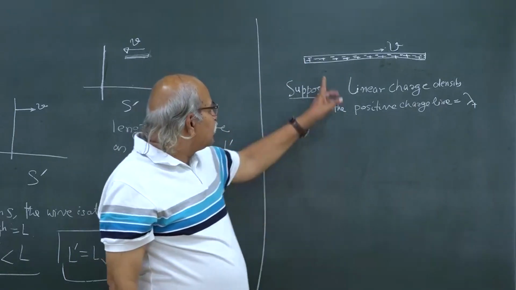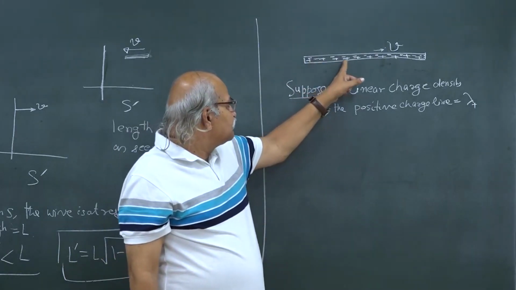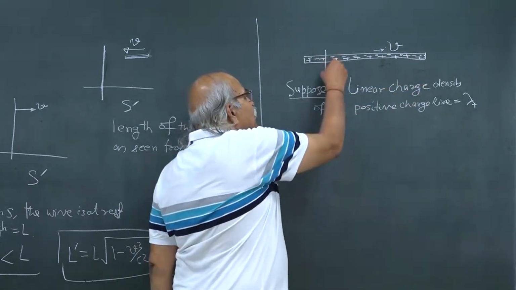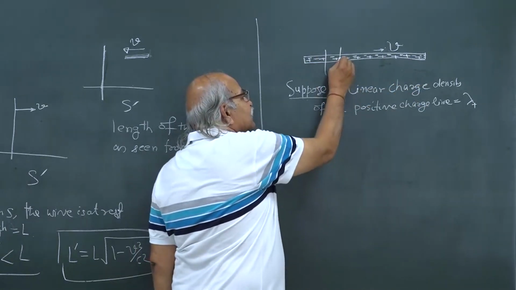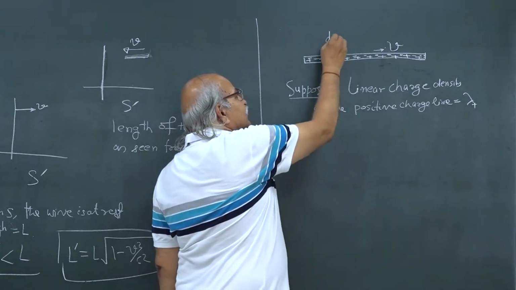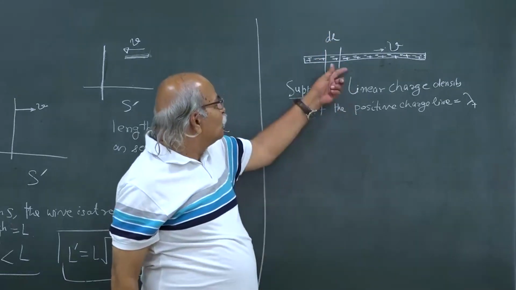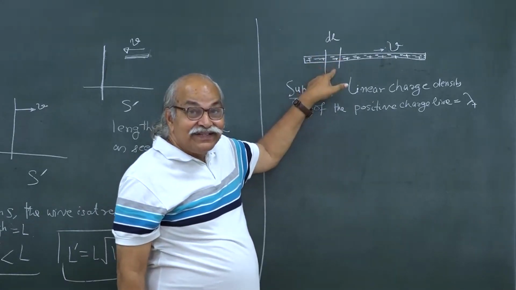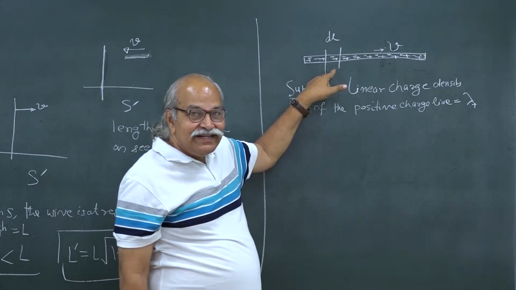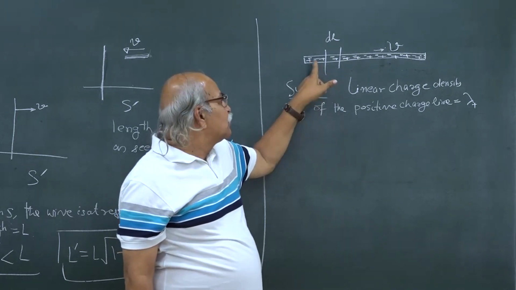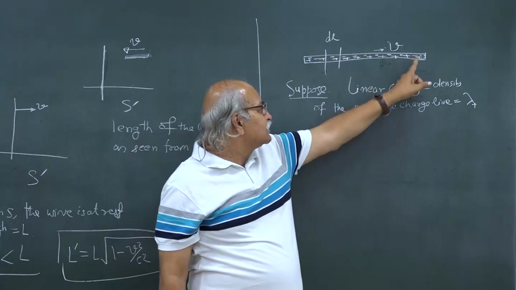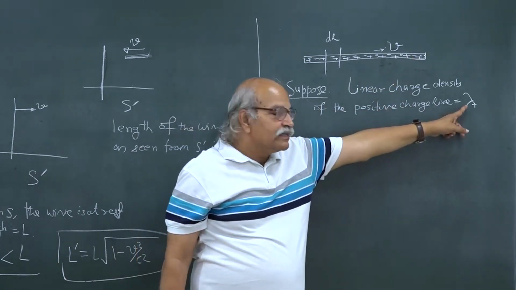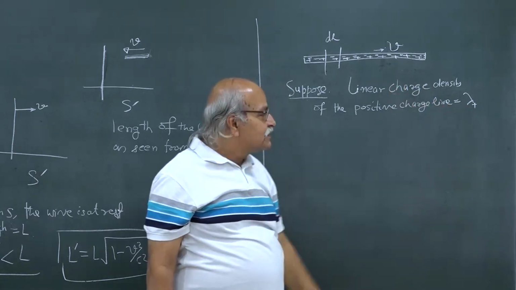What does this mean? I have these positive charges everywhere. So, if I take a small length dl, suppose I take this small length dl and ask how much is the charge here, and then divided by dl, that is the linear charge density. So, the positive charge line, suppose the linear charge density is lambda plus, and similarly